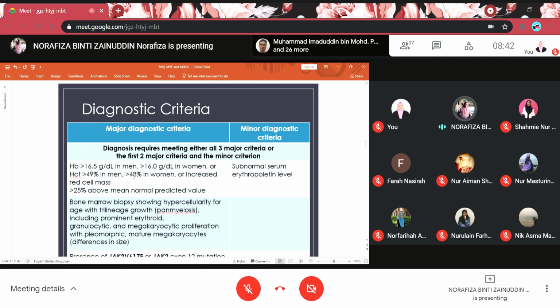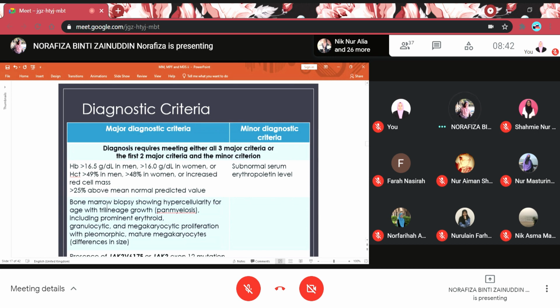So you can have a look. For example, the patients must have hemoglobin more than 16.5 gram per deciliter in men, more than 16 gram per deciliter in women. Okay, or hematocrit of more than 49% in men, more than 48% in women, or increased